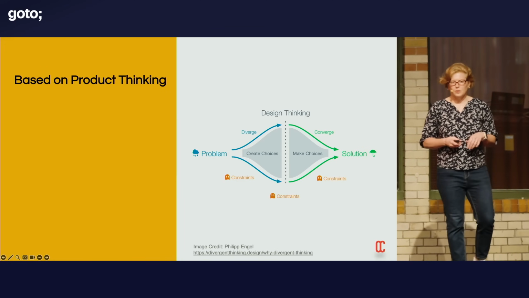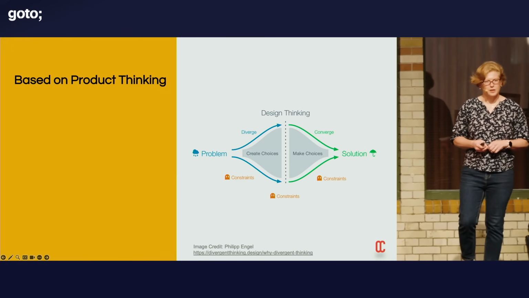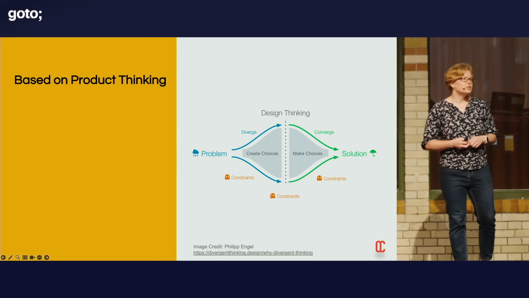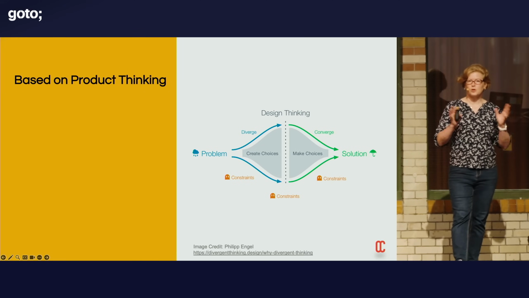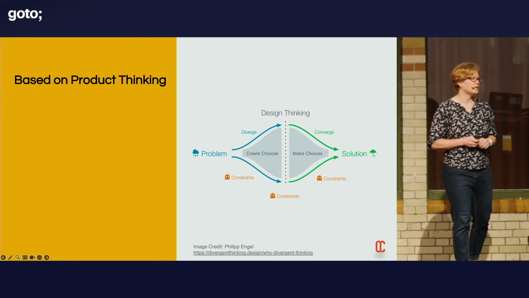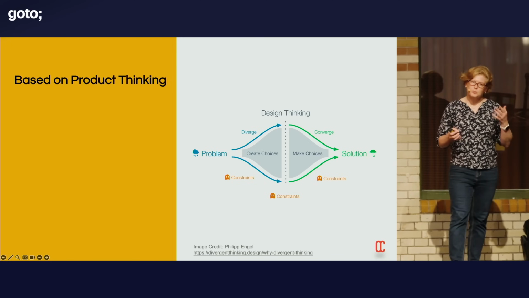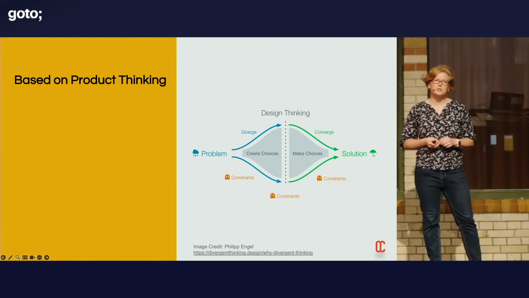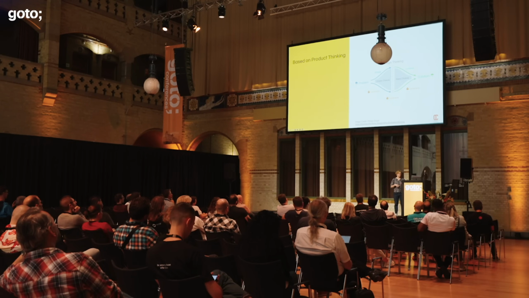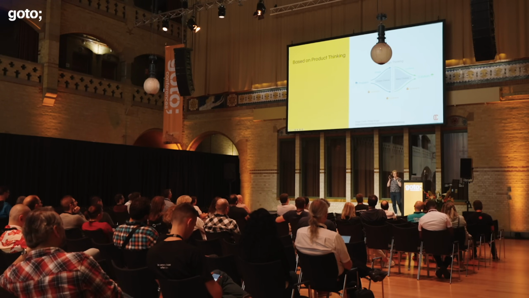Platform as a product is really based on product thinking. And product thinking is key to creating a great product, regardless of whether it's a platform or any other kind of product. This is because it prevents us from building something that users don't actually want. With product thinking, the whole point is that you need to put your users front and center of what you do.